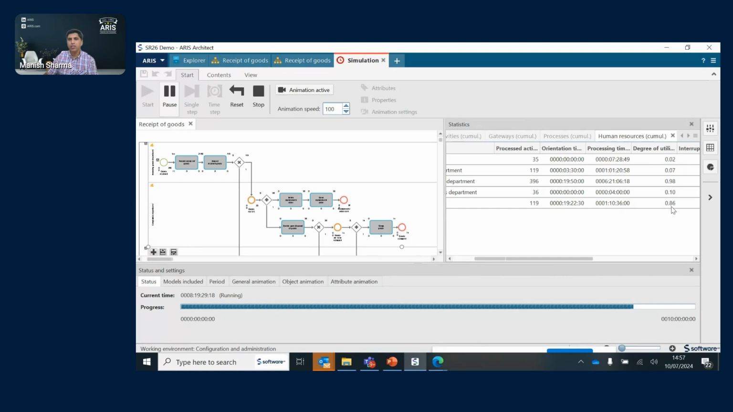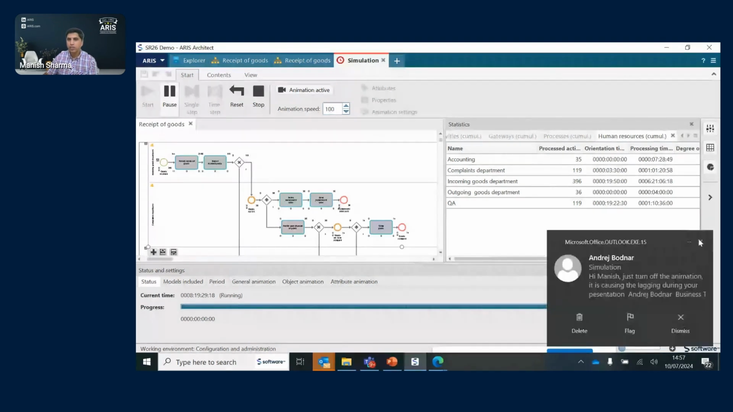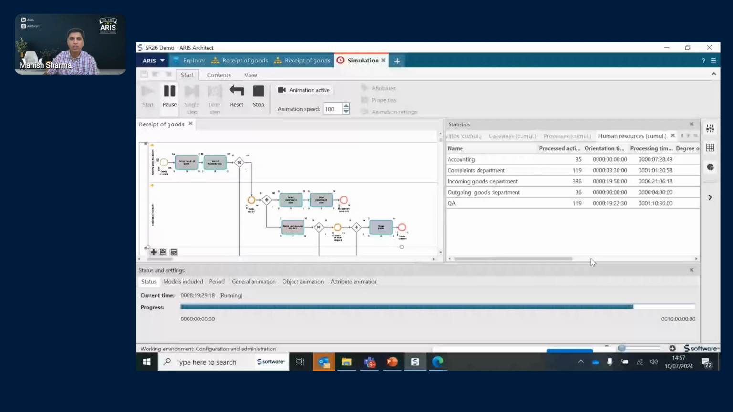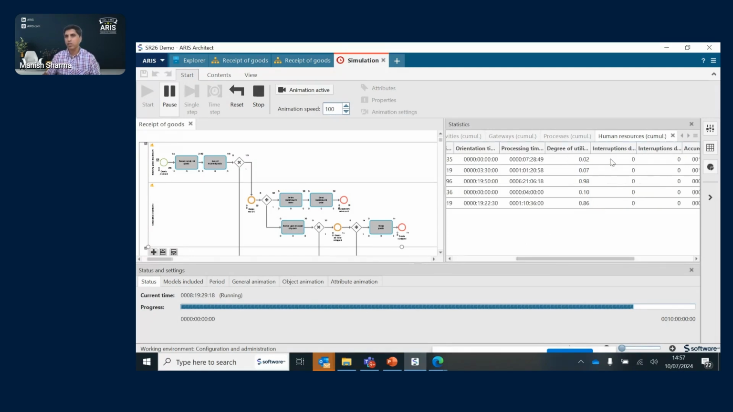So either we increase the number of people involved in this incoming goods department, or we try and automate it so that the goods are processed faster. So that's something you can work with. I think we are running short of time, so I wouldn't spend a lot of time here. But the point is that you can run this simulation and then look at these various points to analyze,